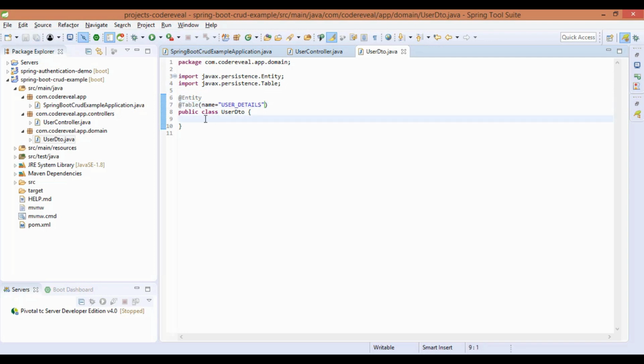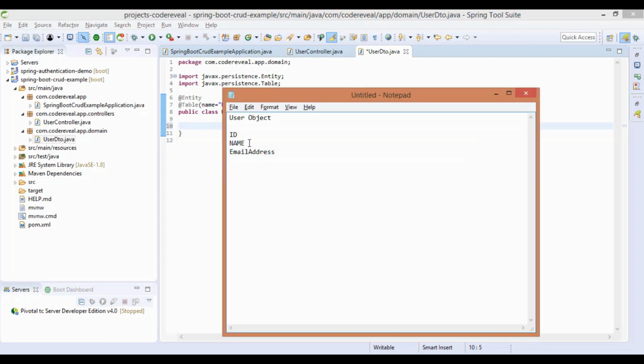Now here we have to define the attributes that we require in the entity. To make it simple, we are not going to add many attributes. So here we are adding these attributes: the ID, the name, and the email address. The ID will be the primary key in this entity.